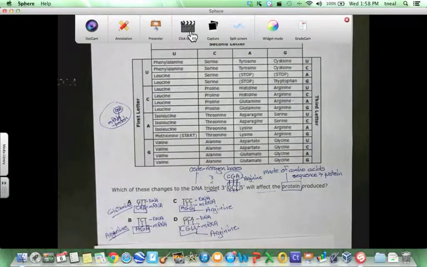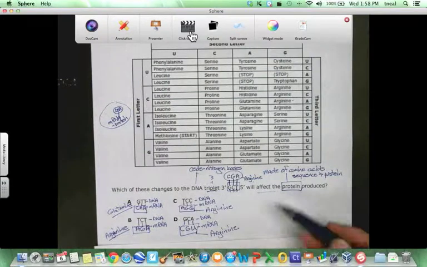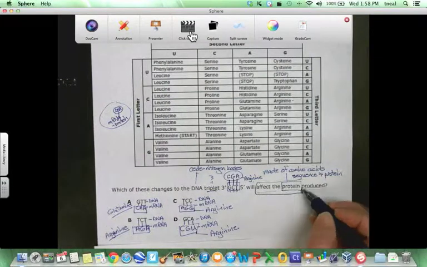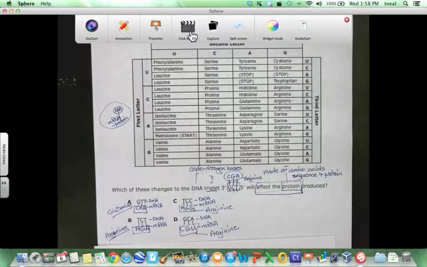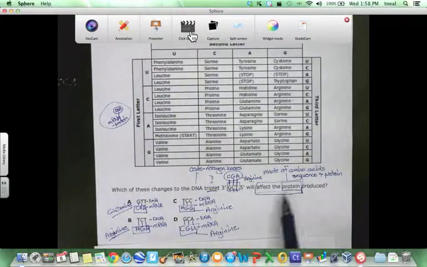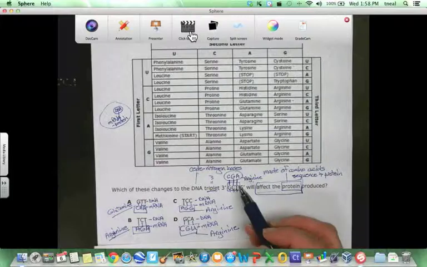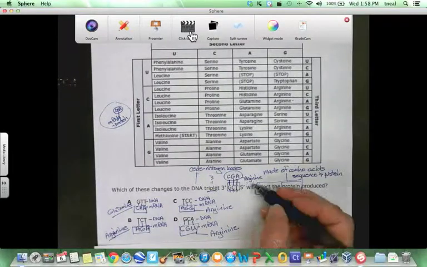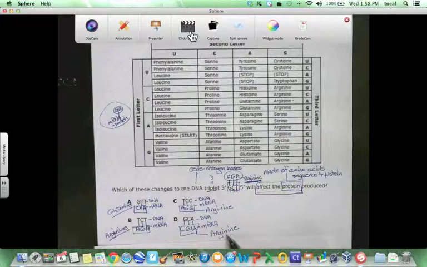Now the question asks, which of these changes to the DNA triplet will affect the protein produced? If proteins are made up of a sequence of amino acids, that will determine the protein. Then any change to the amino acid is going to change the protein. My original amino acid is arginine. Arginine, is that going to cause a change? No. Arginine, no change. Arginine, no change. So the answer is A,